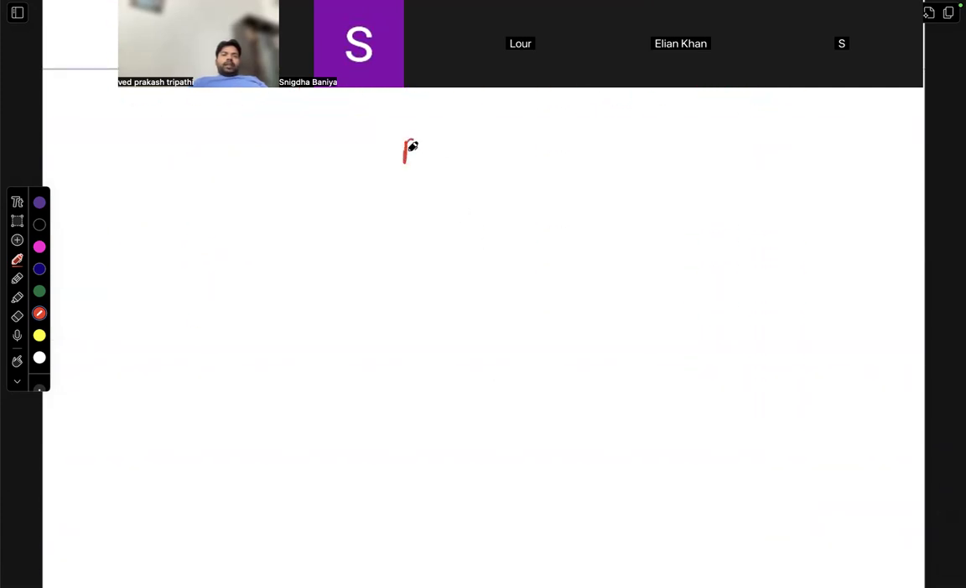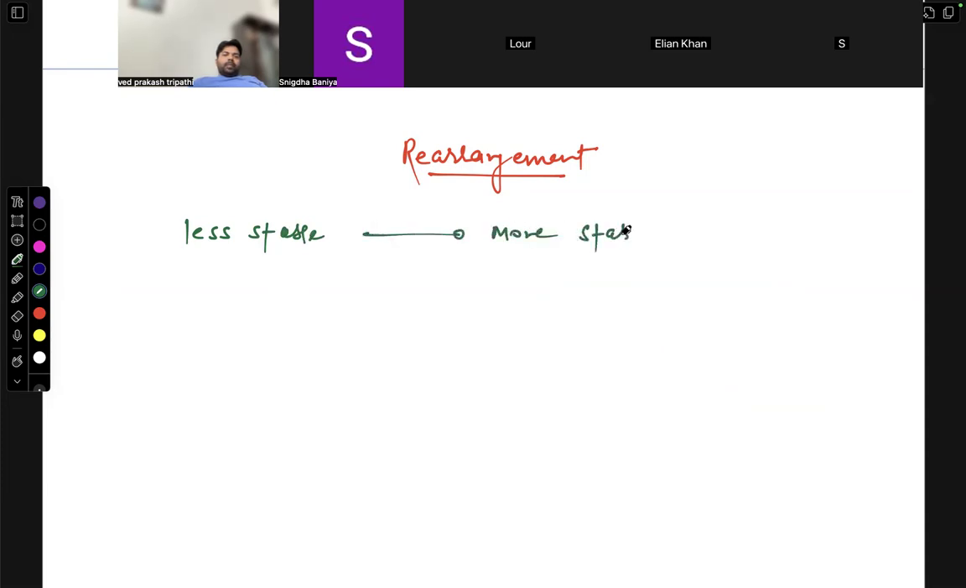Now next is rearrangement. Rearrangement is basically less stable form to more stable form. Less stable to more stable. And it always occurs at a neighboring position, like the 1-2 position. Rearrangement is always 1-2 position. For example,